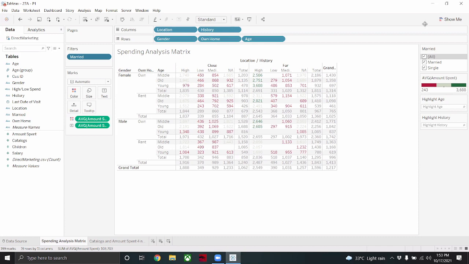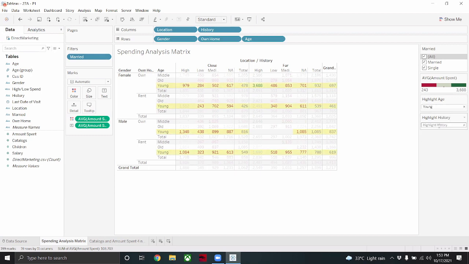But I believe even if I don't want to give users too much control of modifying the visualization itself, this highlighting option is pretty handy because it kind of helps the user, মানে যদি একটা স্পেসিফিক এরিয়া নিয়ে অবজার্ভ করতে চায়, দেখতে চায়, then this highlight comes in super handy. Say for example, আমি যদি এখন just young গ্রুপের নিয়ে একটা অ্যানালাইসিস করতে চাই, having a young highlighter is pretty handy for me because then I can just forget about the rest of the table and just read the young group here. This is like an interaction tool,